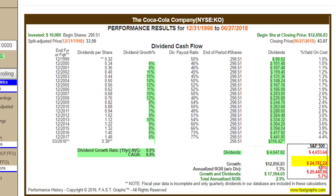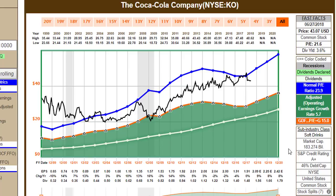The S&P 500 did roughly twice as well, turning $10,000 into $24,000, and the dividend income was virtually a dead heat: $4,647 for Coke versus $4,653 for the market. So Coke held its own on a dividend, but what I want you to understand about this